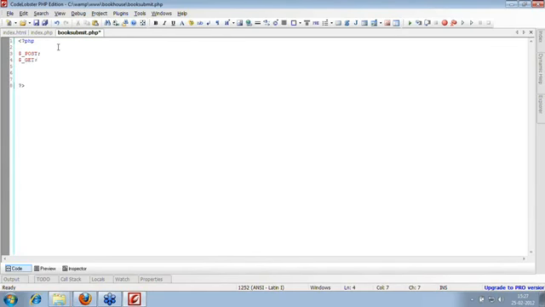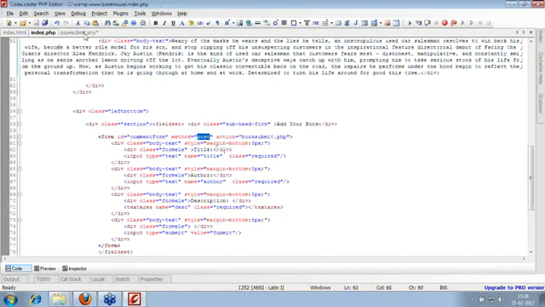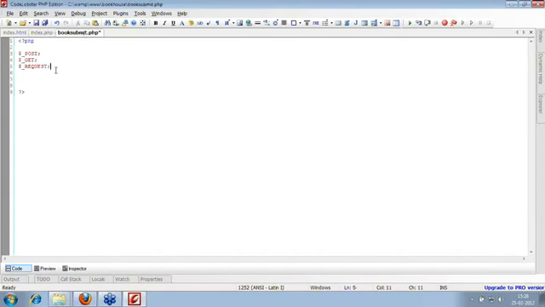Suppose you don't know what method has been used when your page has been called; for that time you have one more array called $_REQUEST. You can easily access whatever is being passed using the get method or post method using the $_REQUEST array. Now here, because we know we are using the post method, let's use the post method.